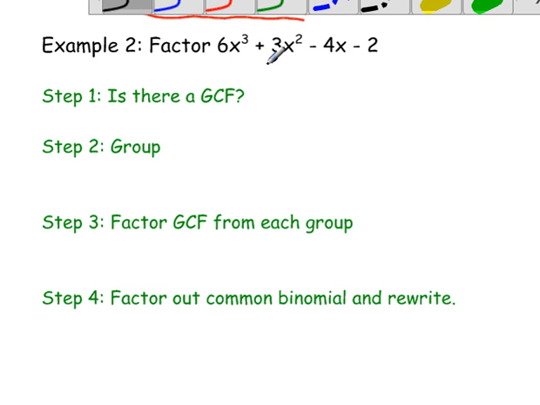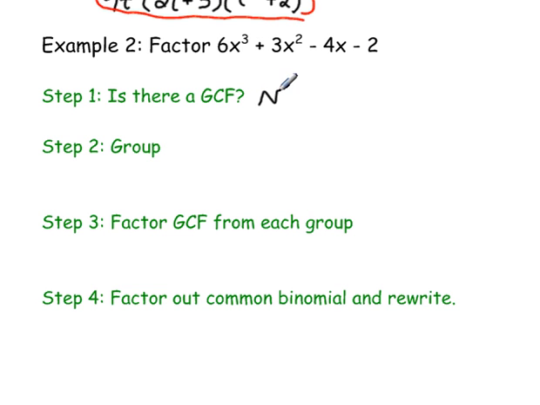Well, I see that 6 and 3 have the 3 in common, but the 3 is not in common with the negative 4, negative 2. So the answer there is none. We do not have a greatest common factor. So we're going to move on to the next step,